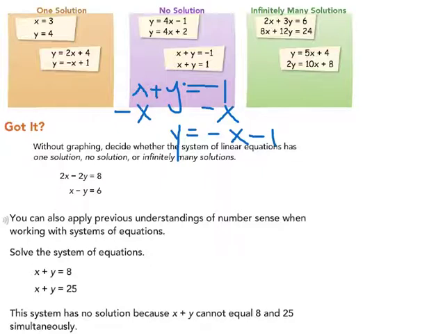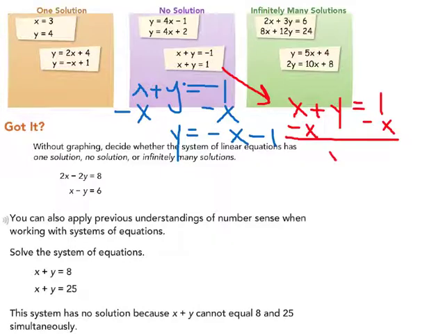Now I'm going to do the same thing with the bottom equation. So I'm going to do that one over here. We have x plus y equals 1. So I'm going to subtract x from each side. And that leaves me with y equals